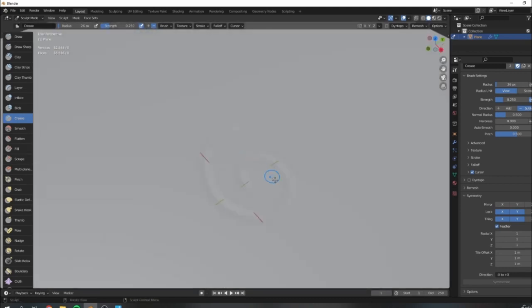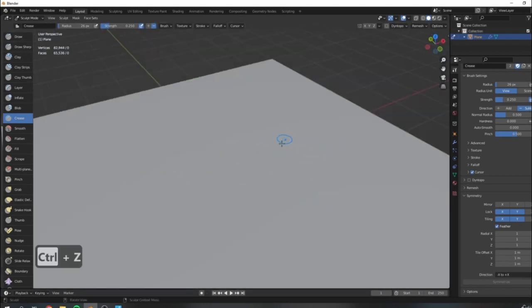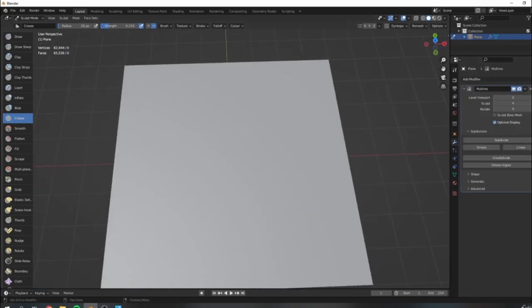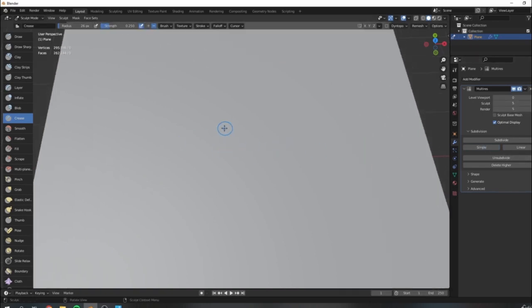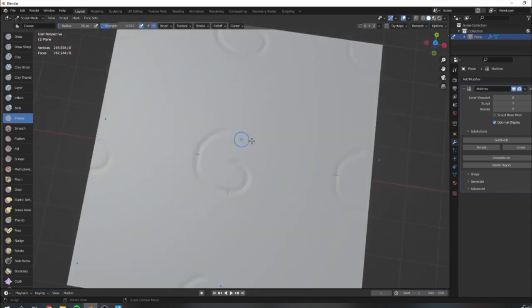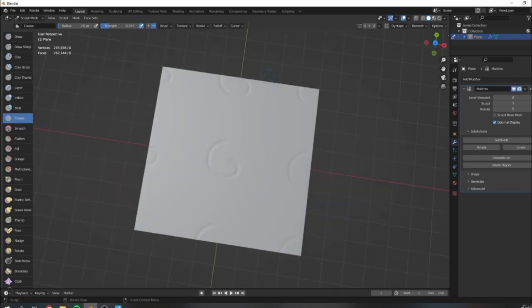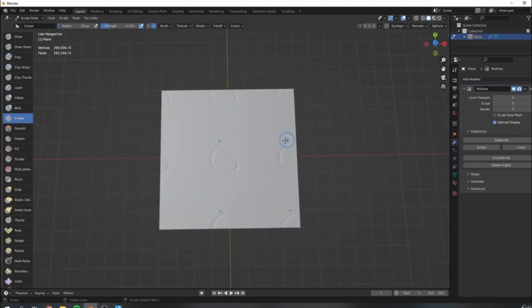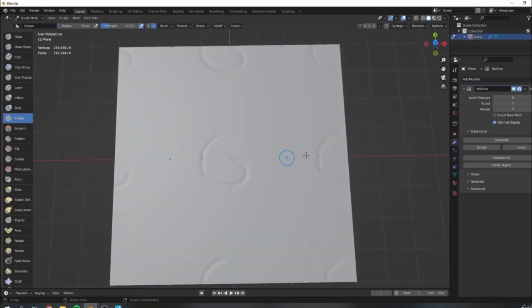So the crease will sort of create an indentation like that, as opposed to the draw brush, which was pushing upwards. So this is what I want for this. And I lost a level of subdivision somewhere when I undid. But you can also see when I draw on this with the crease brush how this tiling feature works. Instead of just drawing underneath my singular stroke, it is going to tile it in all directions. So you can see here on the edge, it has split my stroke along the edge here